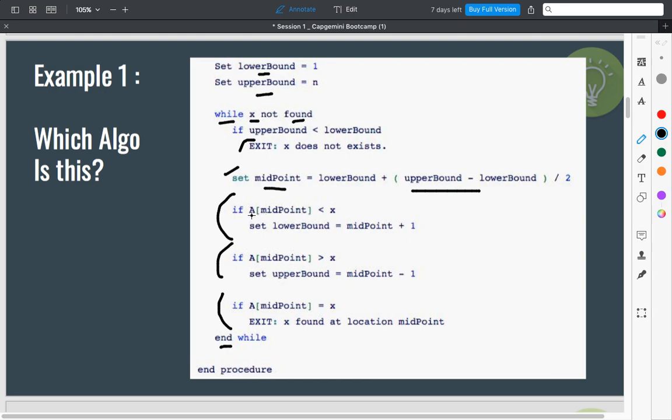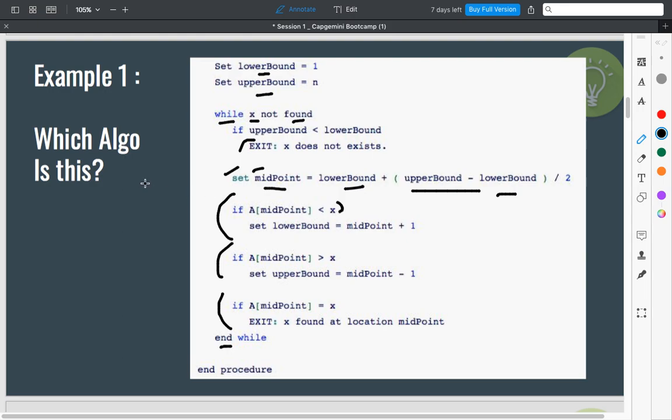Okay, so the first thing you have to do is to look at a pseudocode and try to figure out which algorithm it represents. If you look at this pseudocode, which algorithm is it? Can anyone tell me in the comments which algorithm we are trying to implement using this pseudocode? You can let me know in the comments if you have any idea. Yeah, I will give you a hint. It is giving you a midpoint from lower bound and upper bound, and then you are comparing it with x. So a lot of students gave the right answer.